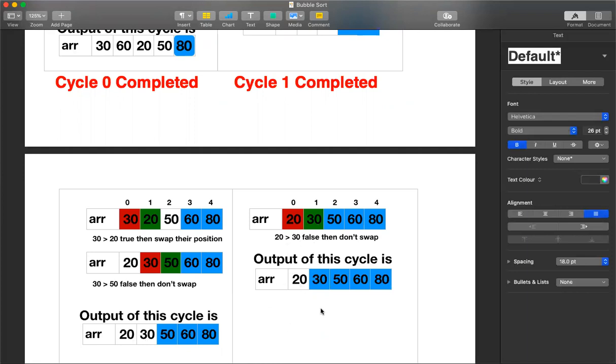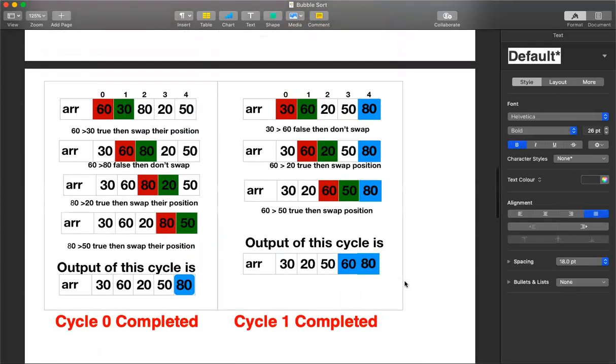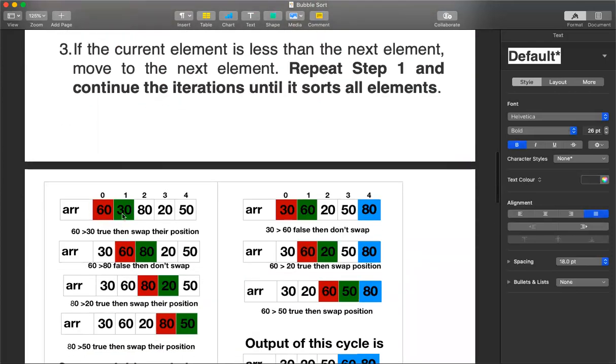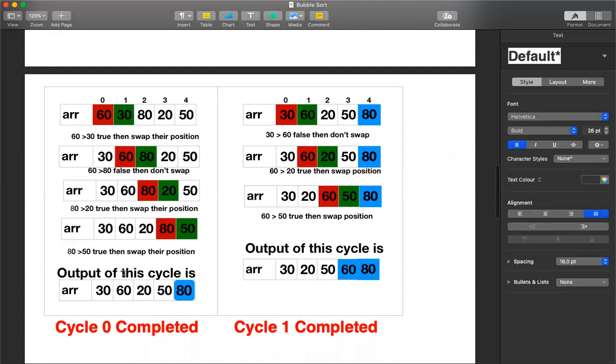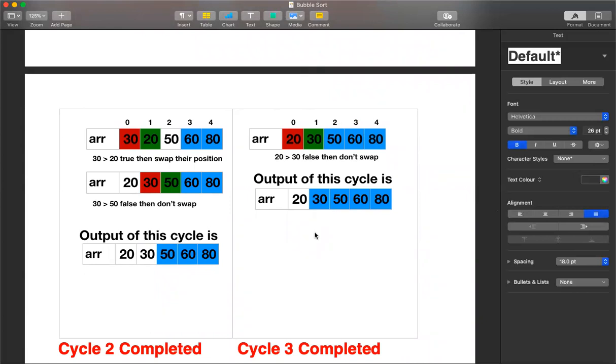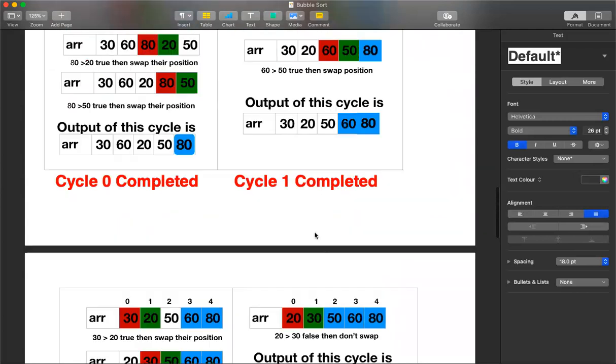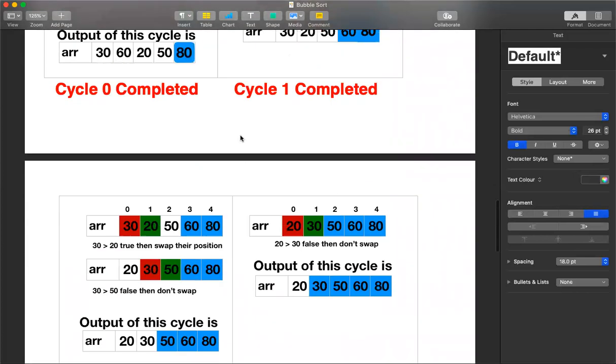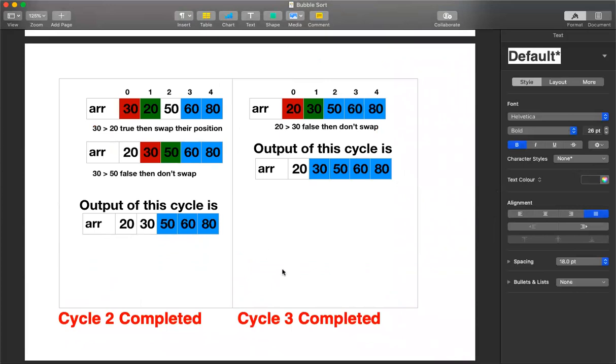So when you see the output at the end of the cycles, you get a sorted array in ascending order. What you need to keep in mind is how many elements we took for sorting. We have taken 5 elements. And look at this, how many cycles? Cycle 0, cycle 1, cycle 2 and cycle 3. So it took 4 cycles to completely sort the elements. That means if you have n number of elements, it takes n minus 1 cycles to sort the elements. So I hope you're getting it. Since I've taken 5 numbers, it took 4 cycles to complete the sorting of the array.